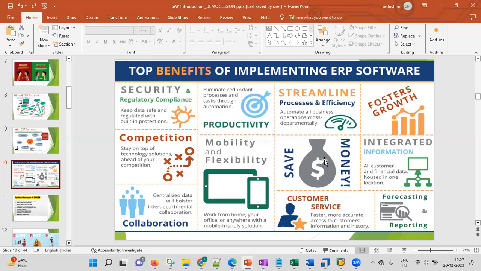And coming to mobility and flexibility. Nowadays we are seeing work from home. It's very flexible. I don't like to go to office now. Earlier I liked to go to office because I wanted to meet my girlfriend. Correct? But after Corona, I'm habituated with my wife and many other things. So I'm now comfortable sitting at home, sitting on my bed, sleeping in my bed, and I'm working.